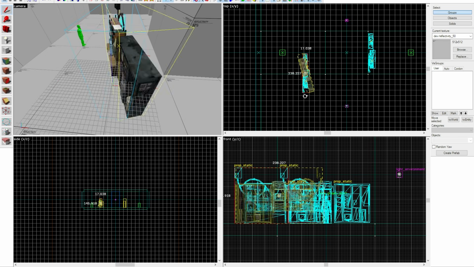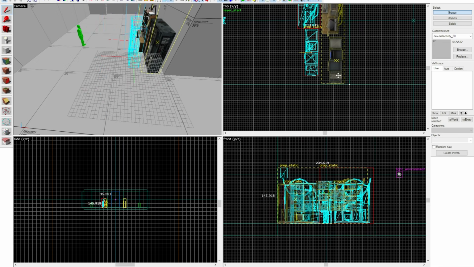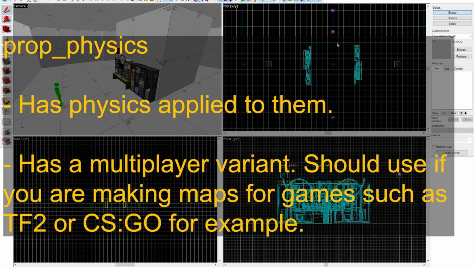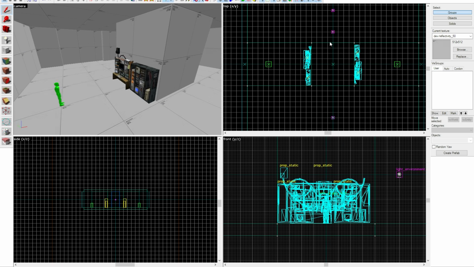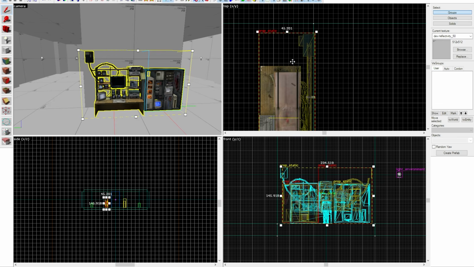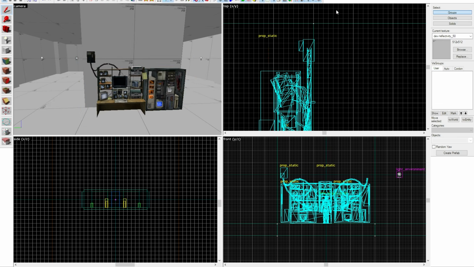All right, now we're gonna have the next type of prop we're gonna learn, which is physics props. Physics props are, like in Half-Life 2 with the pick up the can moment, right? They're just objects with physics, basically. It's kind of self-explanatory. In Hammer, we need to make a special type of prop to make it have physics,